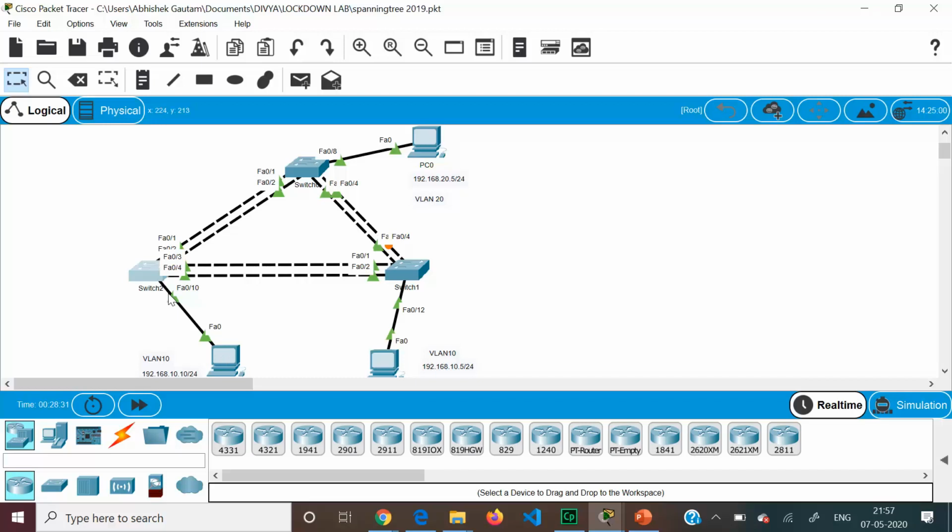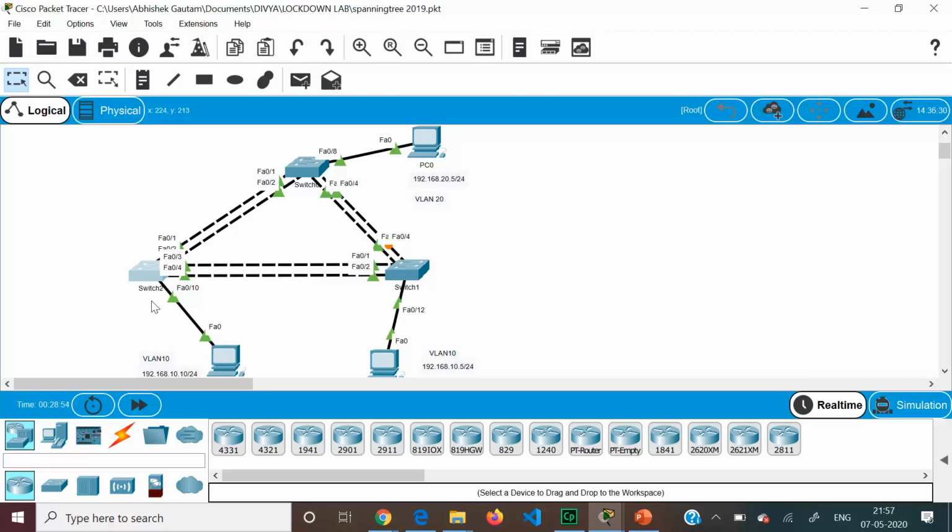So this port we want directly to be moved to forwarding state because we may have done DHCP configuration where the IP address of this particular PC has to be dynamically obtained from the server. To get the IP address dynamically from the DHCP server, it has to send the broadcast message.